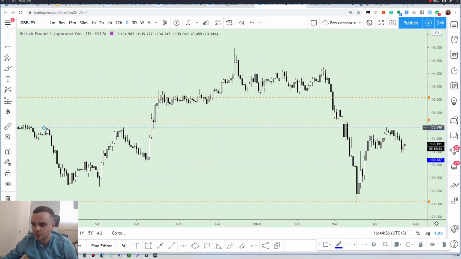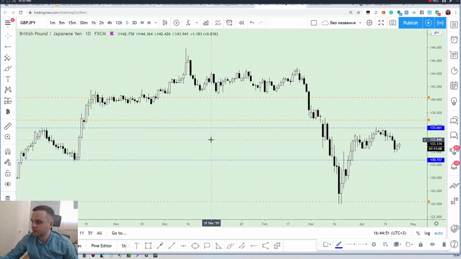Another example of mirror level, take a look here. From this point, price bounced many times, and take a look, false breakout, and it rose up. That's an example for you how mirror levels can work on different instruments. It's important to use it according to powerful key places. When you use mirror levels on a lower time frame, you will build it on 1 hour. It's important to have it accurate.